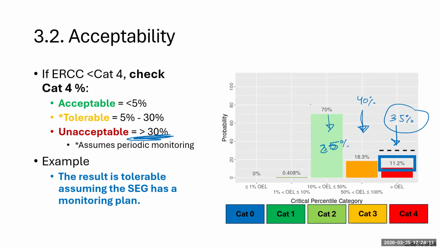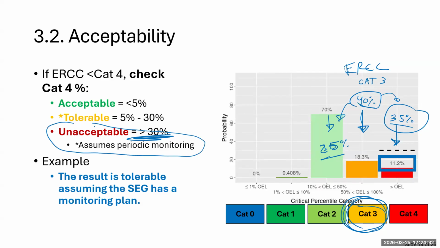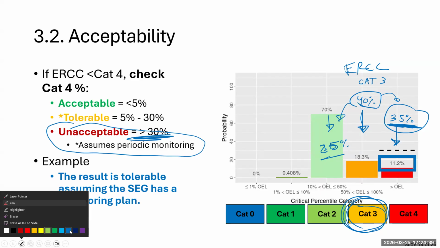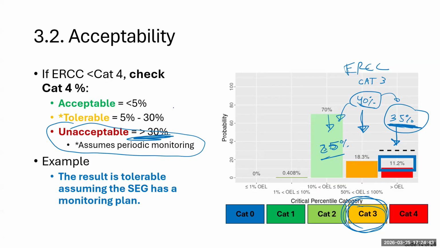So in this example where I gave 25, 40, and 35, my ERCC would be category 3. So it's most likely in category 3 because 40% is higher than 35 or 25. So category 3 is my category, but my result is still unacceptable because the number is way too high over here. Now, this is something that I would keep in mind for your reporting,